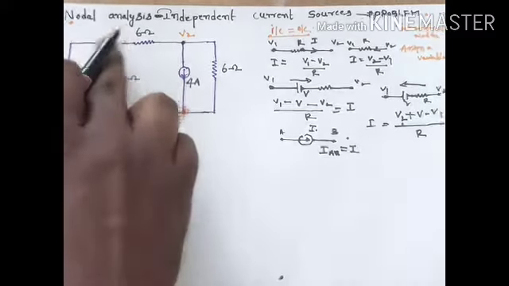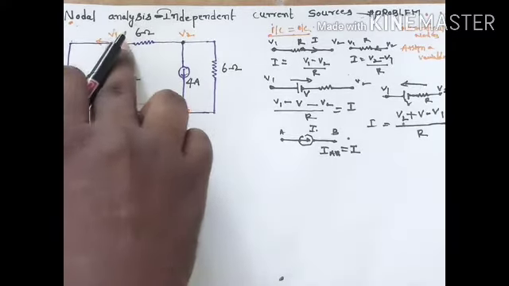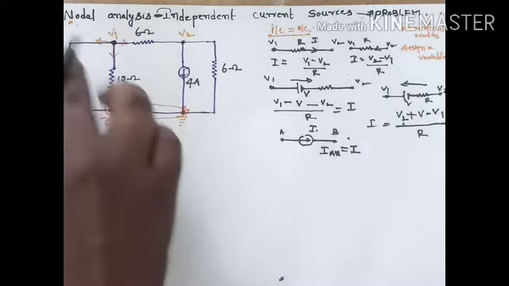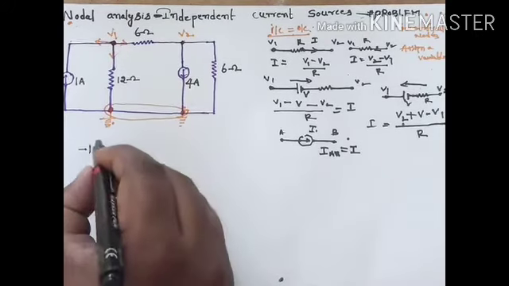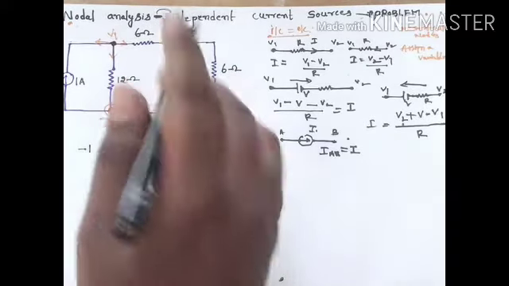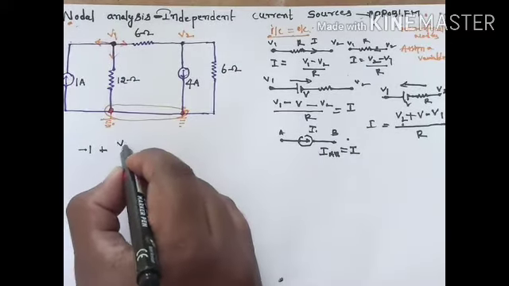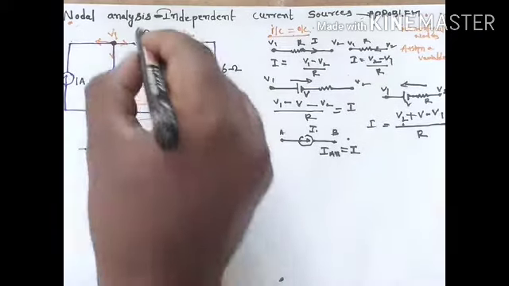Because our assumed current is opposite to the actual current source, so that's why we have to take a -1, isn't it? So -1 plus (V1 minus V2) by 6, and now